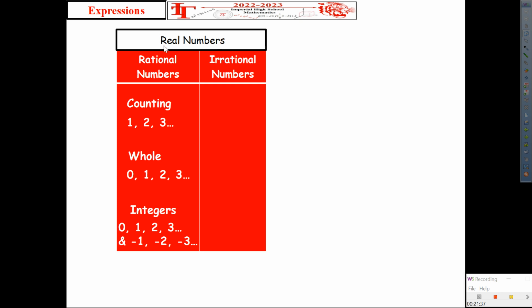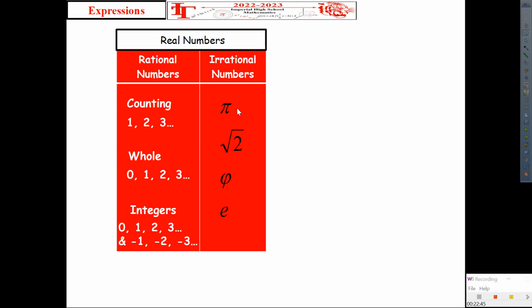So if that's rationals, what do you think irrationals are? They can't be written as fractions. Write these in there: pi, square root of 2, phi, and e. All these numbers cannot be written as fractions. You're like, I thought pi came from a fraction. No, it did not. Pi is basically,